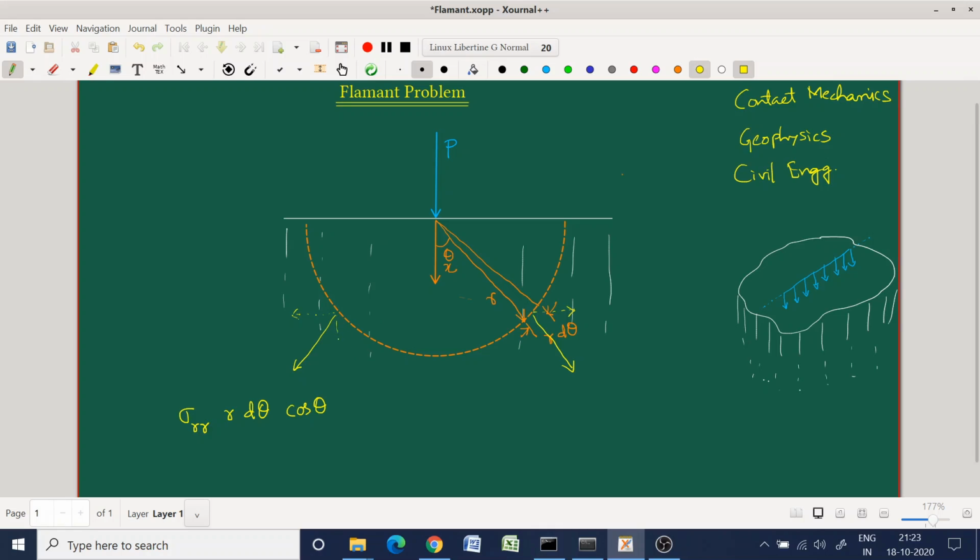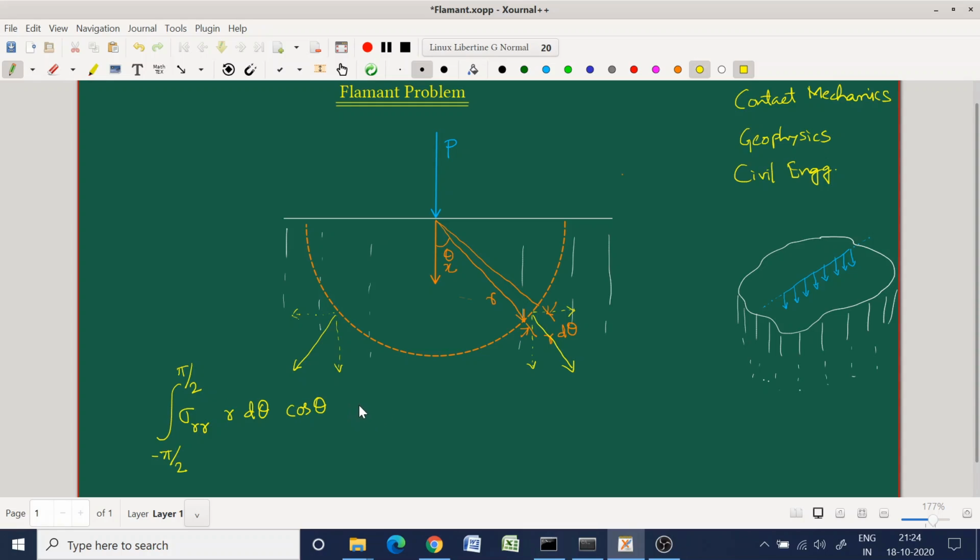However, the vertical component would still have to be considered, because both of them are in the same direction. So as we go from minus pi by 2 to pi by 2, as theta goes from minus pi by 2 to pi by 2, it is the vertical component which is getting cumulatively added up. So all that we have to do is take this integration from minus pi by 2 to pi by 2,